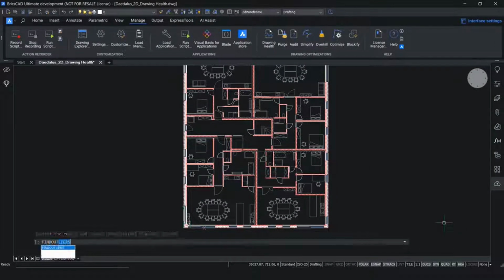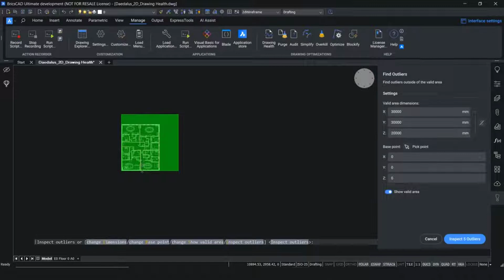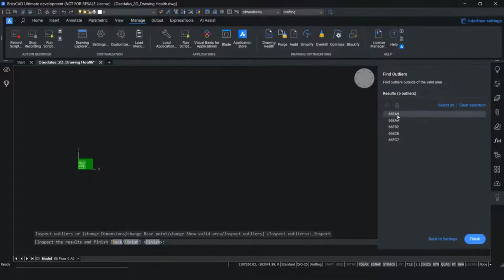Let's also look for outliers with the new Find Outliers command. This command will draw an OK area on the screen in green. This one we can tweak with the parameters here on the screen. For example, we can change X size to 4000. If we're happy with the size of the OK region, we can now inspect for 5 outliers, and actually we